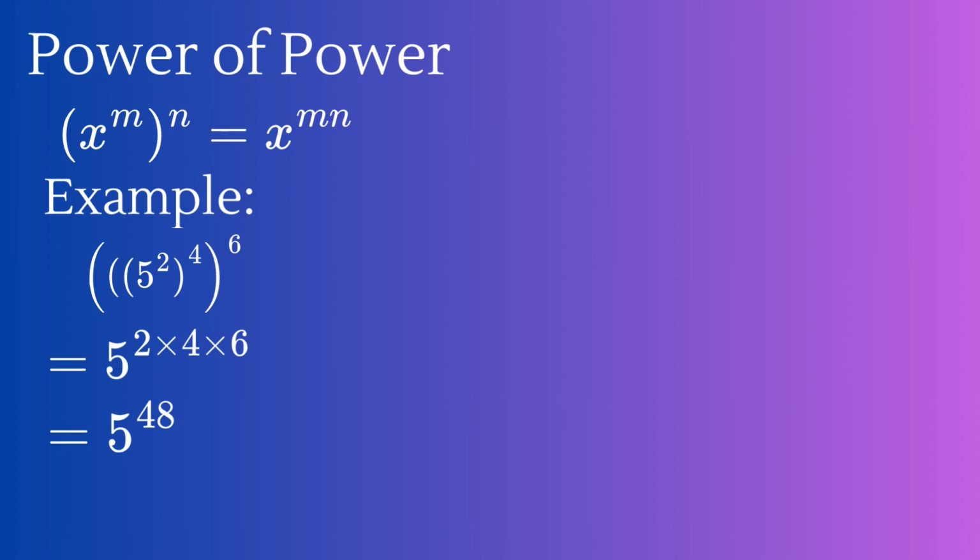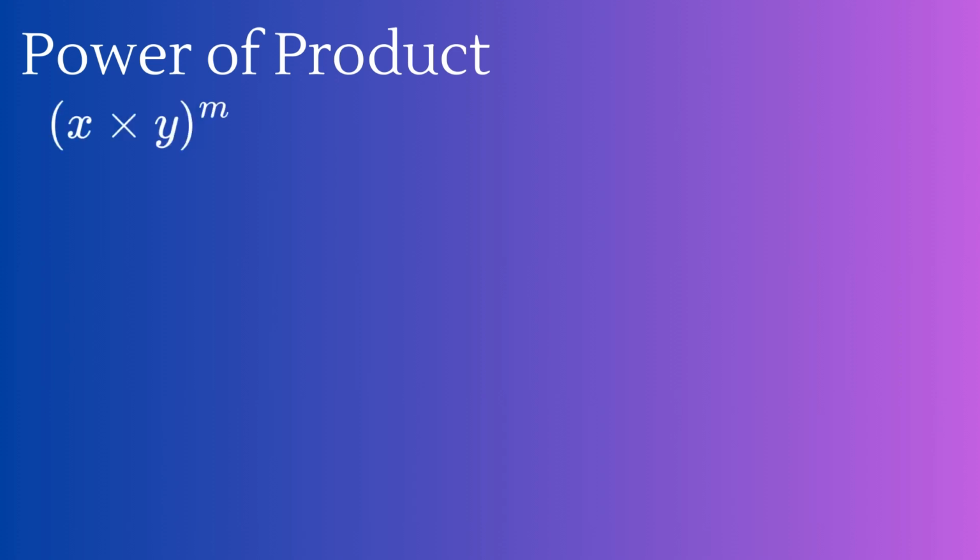So it is equal to 5 raised to the power 48. Okay, so the next rule is the power of product rule. In this rule, we have two different variables, which we know as unlike terms. So we have two different variables, and over them we have the same power, a single power is over them,